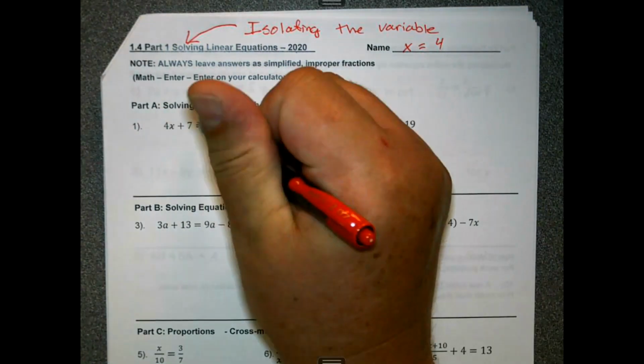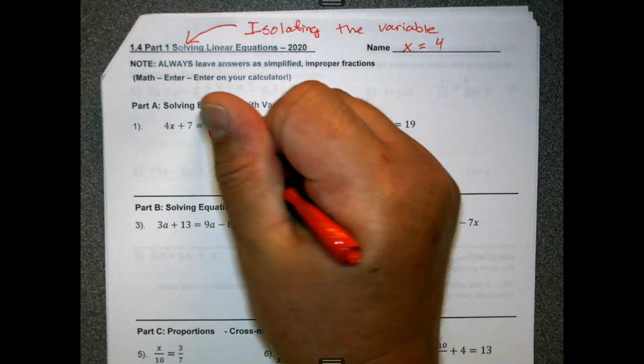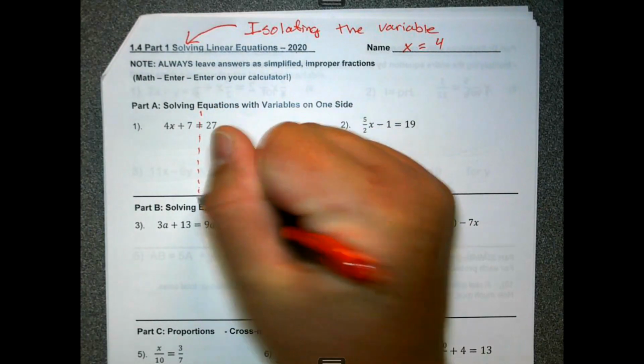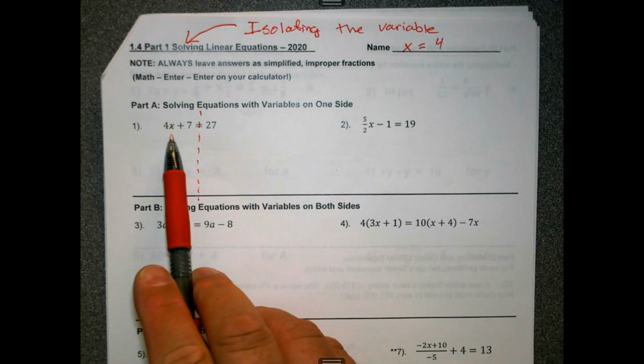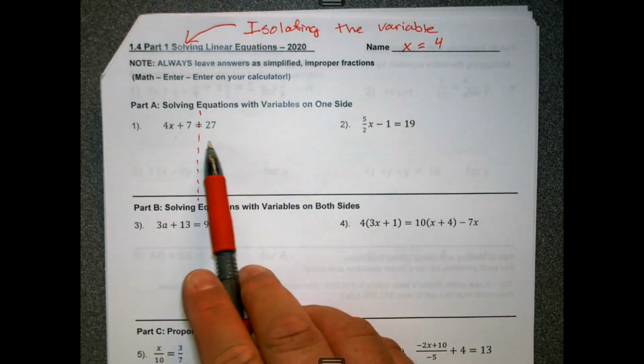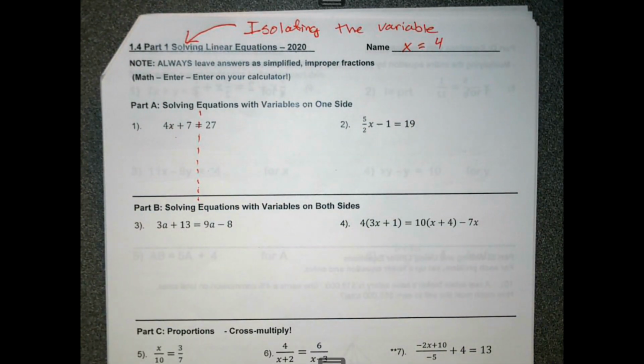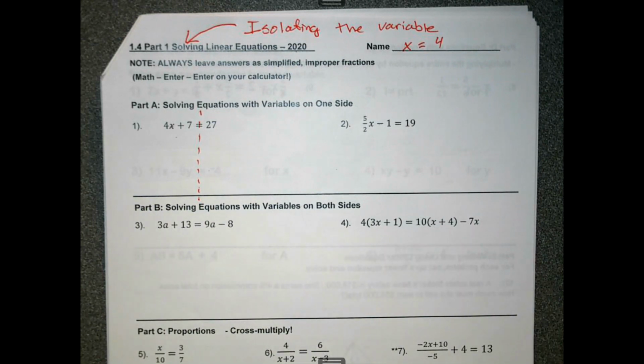So if it helps, draw a dotted line where that equal sign is. So whatever I do to this side of the dotted line, I've got to do to this side of the dotted line. If it helps, you don't have to. I realize at this point you're probably